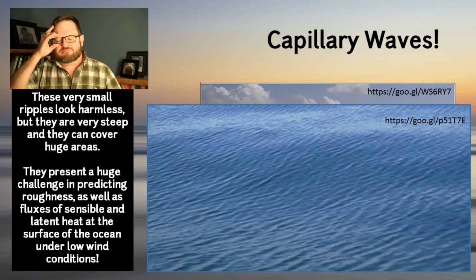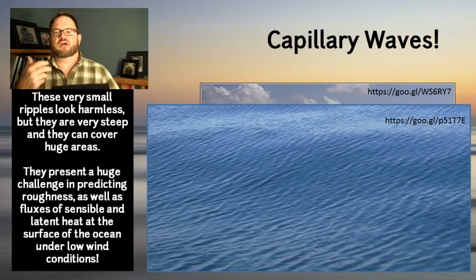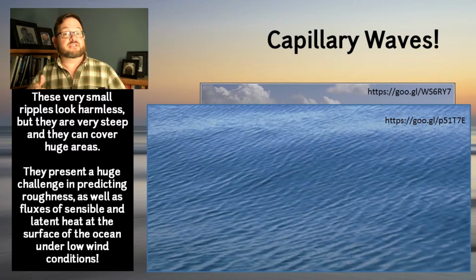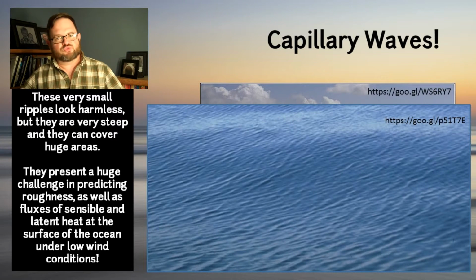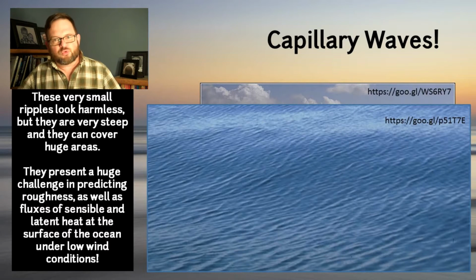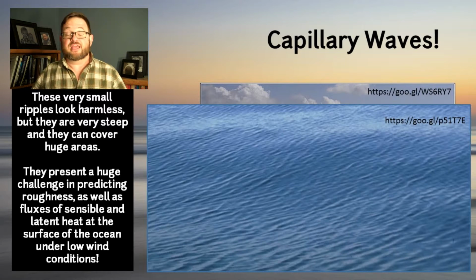I can't even tell you how complicated a problem they are in regard to forecasting the roughness. The roughness of the surface of the ocean has a lot to do with the flux of sensible heat, that is to say, conduction of heat out of the ocean into the atmosphere, or the flux of latent heat, that is the rate at which water vapor evaporates off the ocean into the atmosphere. All that capillary waves totally mess with. This is actually a major source of problems in models right now. But it's also a problem that smart researchers are working on, and we will have good ways to understand how low wind speeds interact with the ocean some fine day.